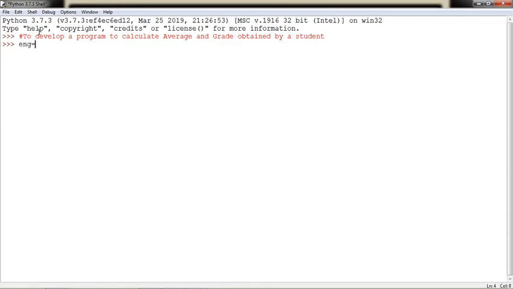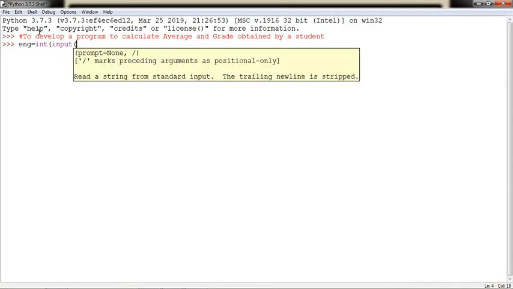Suppose for English I have taken the variable eng, convert into int, use input function as earlier. You were inputting earlier in previous program also.